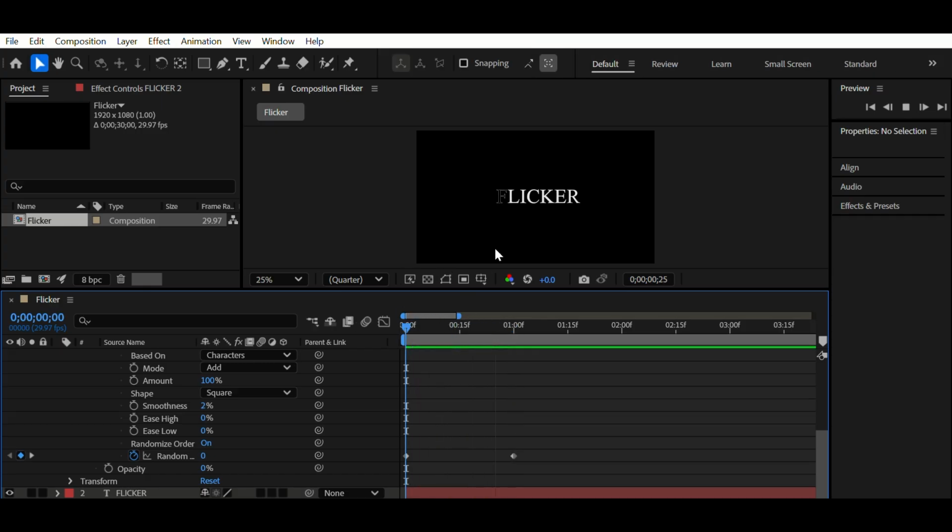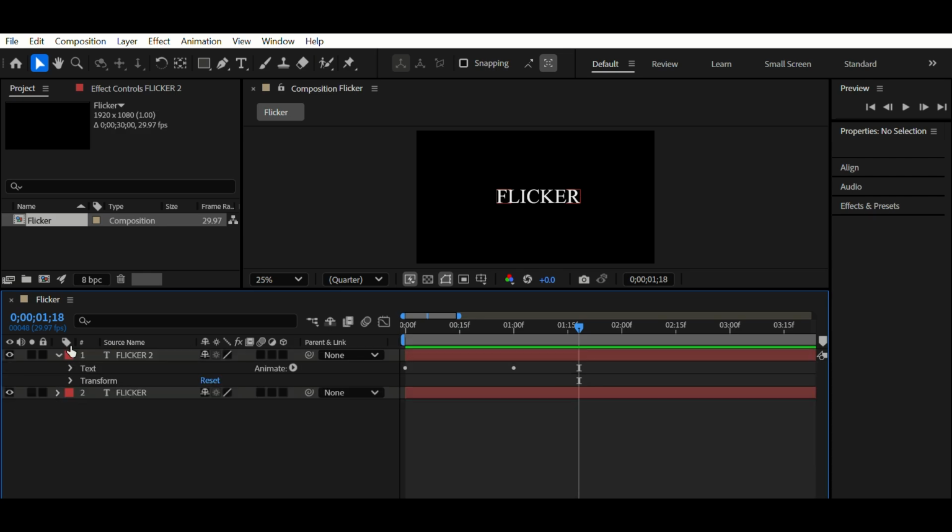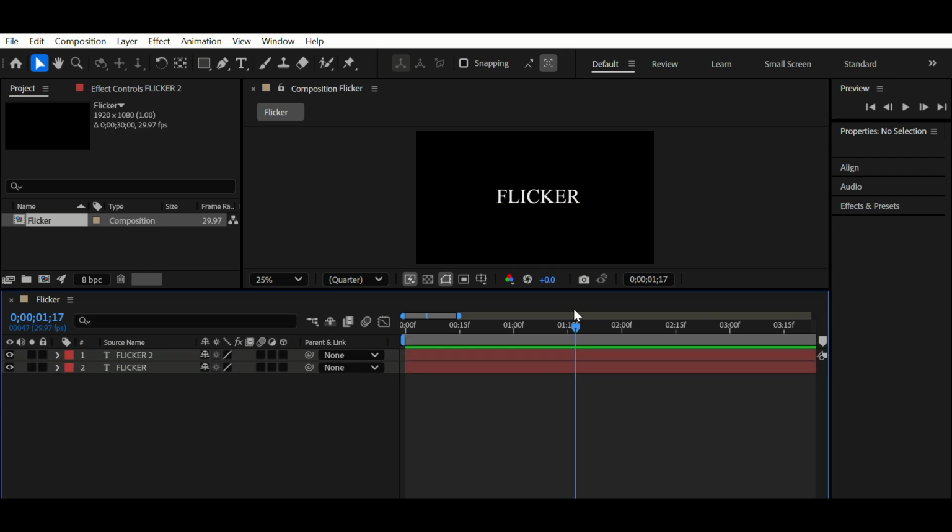Now, if you'll notice, you can see both of the outlined letters and the filled in letters as they flicker in and out. Pretty cool. Now, there's one last thing we can do